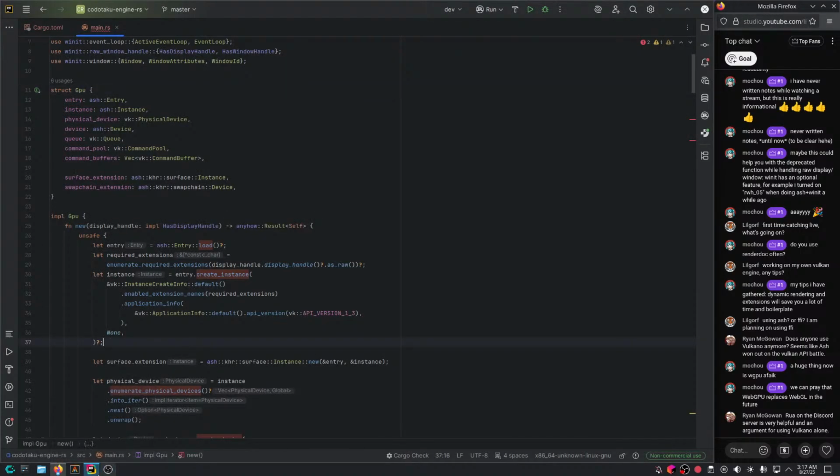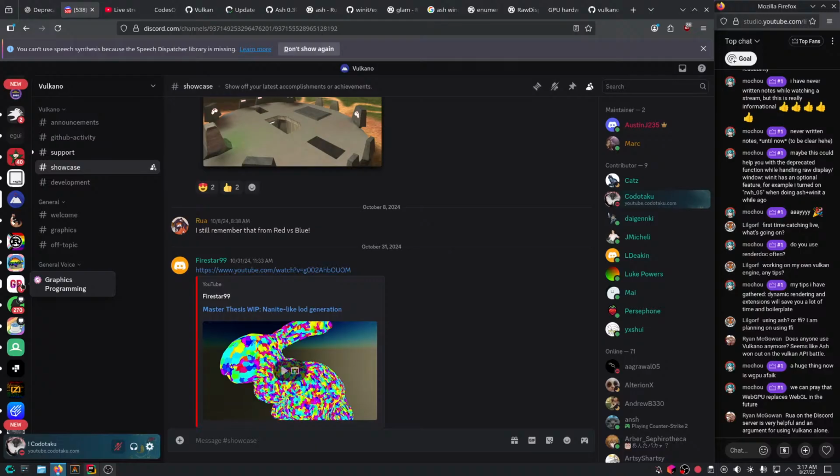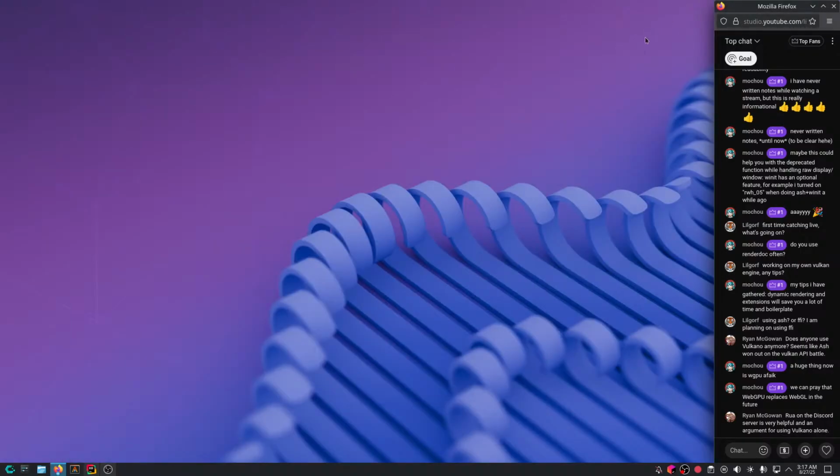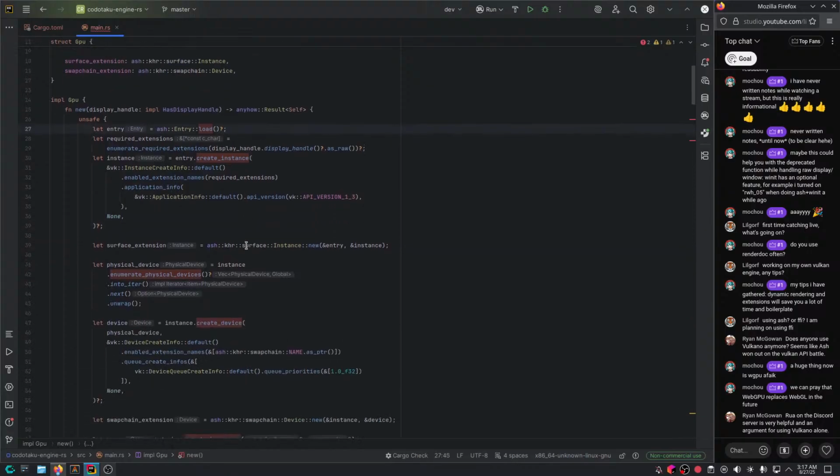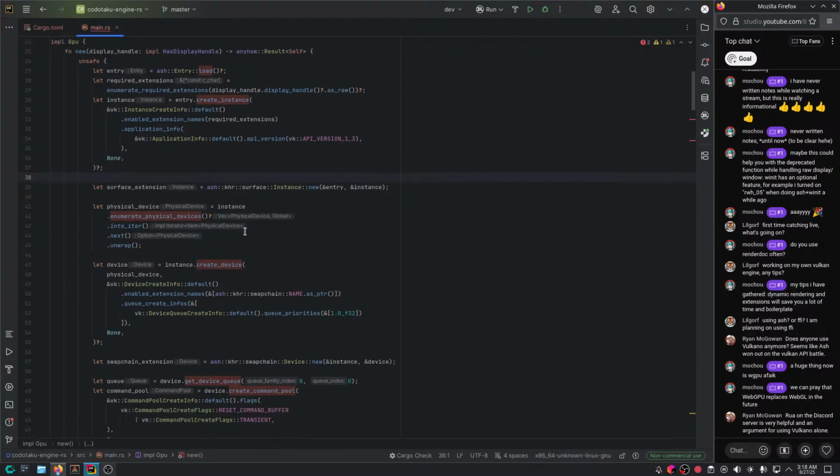So yeah, if you go to the Vulkan server, they're very elitist. They're really not helpful. They're pretty much not friendly, very not friendly to beginners. But here, Rua and Mark, they're pretty good. They're pretty friendly to beginners. So yeah, maybe if you're starting out with Vulkan and Rust, then maybe try Vulkano first. But for me, since I'm already used to the raw API, I just went straight to Ash. So that's pretty much it.